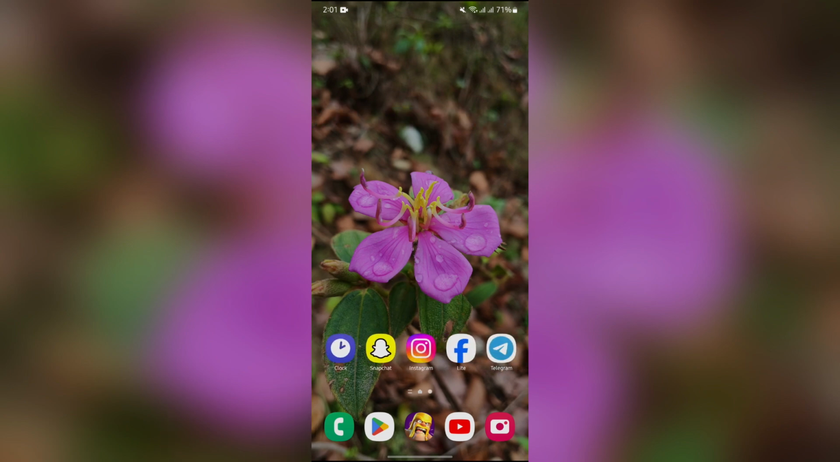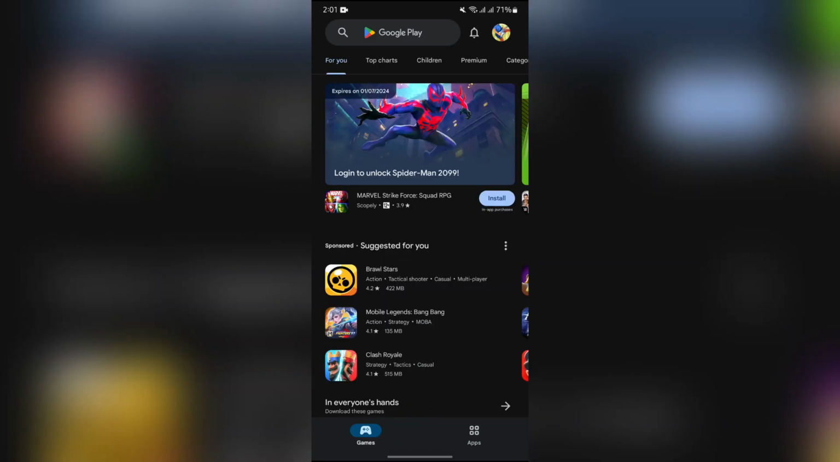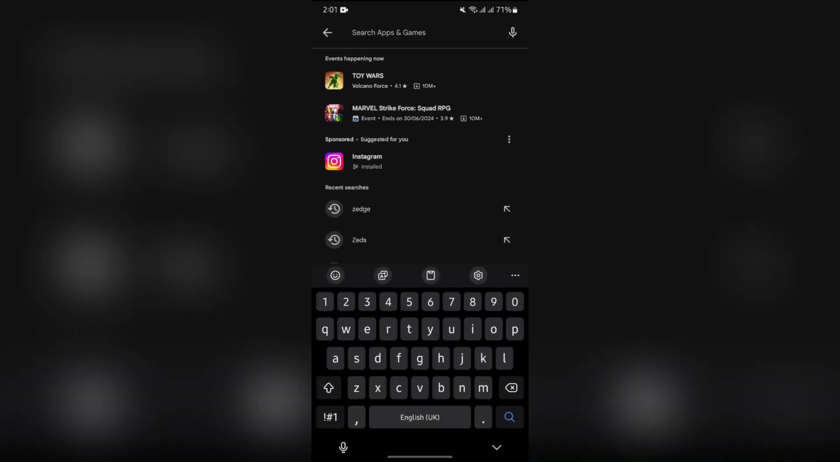Now in order to download the Zedge application, if you are in Android, just simply open the Play Store application, or if you are in iOS, just simply open the App Store. After opening either the Play Store or the App Store, just simply search for Zedge in there, and after searching